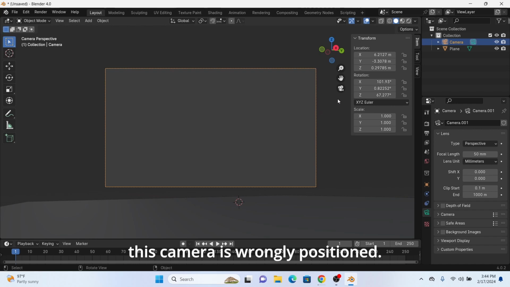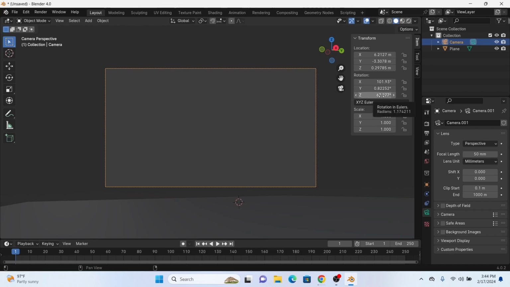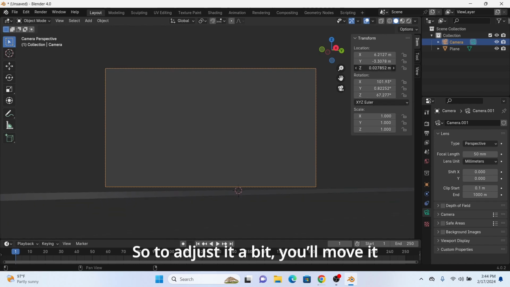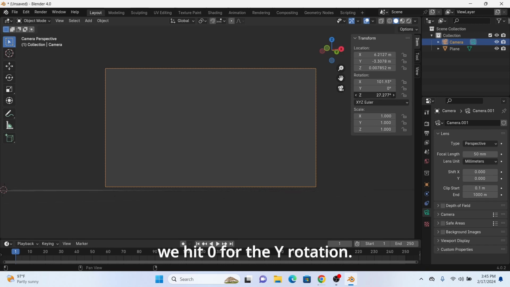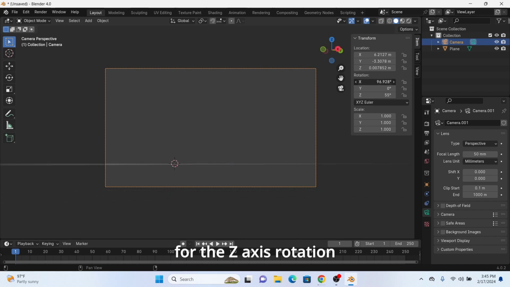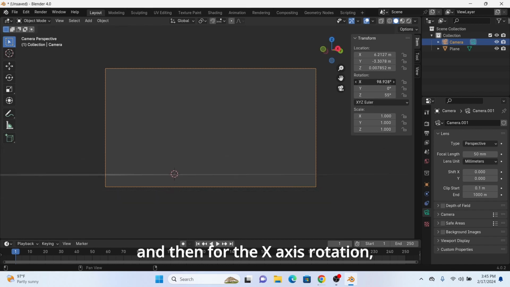So right now this camera is wrongly positioned. So to adjust it a bit, you move it down on the Z axis. We hit 0 for the Y rotation. I'll do 55 for the Z axis rotation, and then for the X axis rotation,